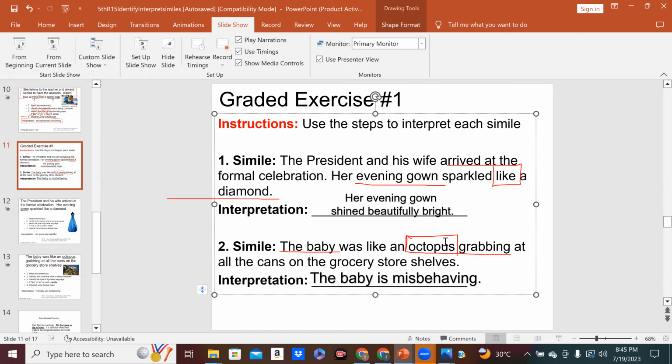So let me give you all some homework on this, and it's due next week Monday when I see you. So I'm going to give you the homework, and then after that